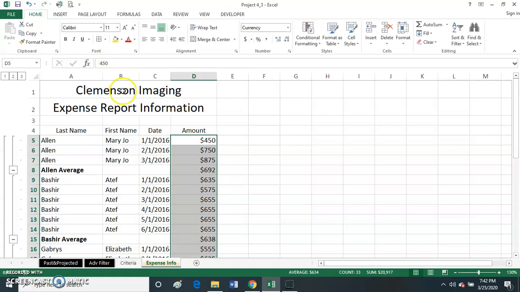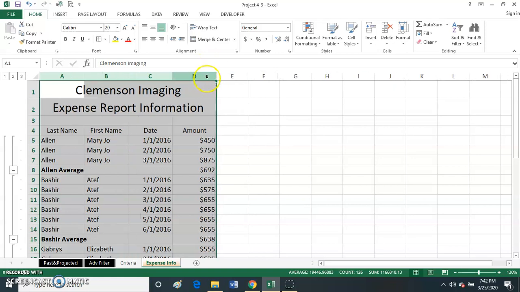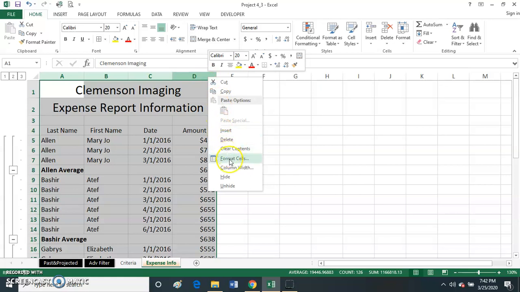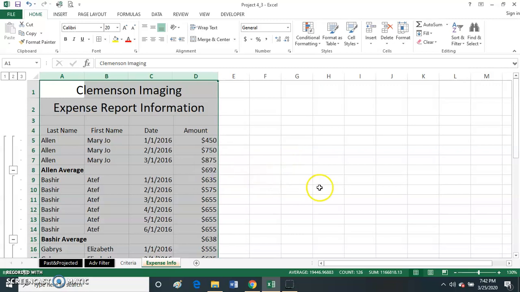So number 9, there's one last step. I knew I skipped something. They want us to highlight from A to D, and then if you click and drag, they wanted the width at 12.11. Now, if that doesn't work for you, you can always right-click and select column width, and just type it in right there, 12.11. That's the one step I did skip. So that adjusts your column width. Okay, so we're going to move on to number 11, and then